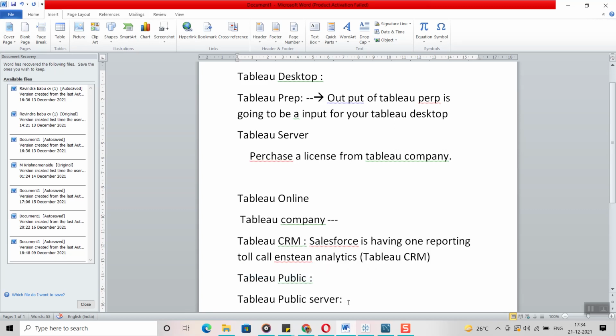Whatever reports we have created using Tableau Desktop, we can still publish to the Tableau Public server, and also to Tableau Server or Tableau Online itself. Here only one difference you have to identify: Tableau Public means there won't be any security. Just remember that.